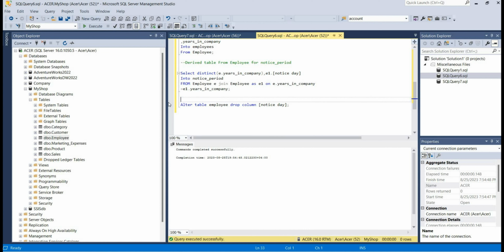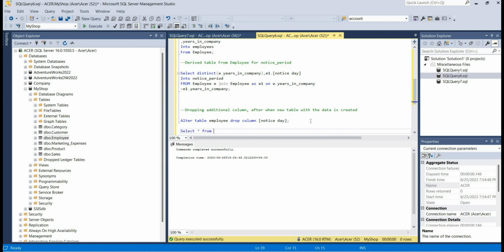Let's say dropping additional column after the new table with the data is created. Okay, that's fine. Then we need to understand what to do with